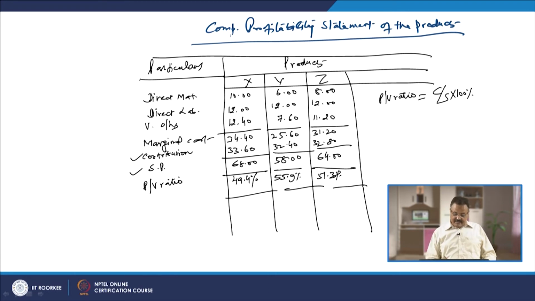Now we were saying that the product Y is less profitable and it should be either dropped or no efforts are being made. But after doing this analysis, you have come to know that the PV ratio is the highest in case of the product Y. So the indication here is that the profit to volume relationship of this product is very good, and the moment you increase the volume of production and sales of the product Y, certainly the profit is going to increase. So there is no need to not make any kind of efforts for the product Y; rather, maximum effort should be made to encourage the sales of product Y and strengthen its performance, because it has the largest profit making potential in the firm. Out of these three products, if strengthened, product Y can give you the maximum contribution towards the profitability,